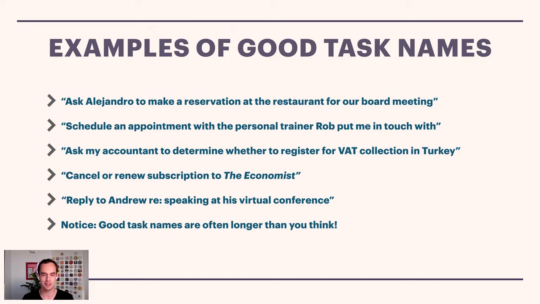So you'll notice that these are actually quite long task names. Maybe good task names are longer than you might think. This is something I often find when I work with people, that they really need a lot more detail in their task names. And this is, like I said, such an important part of task management. Even if you've got your high-level organization sorted, even if you're used to thinking in terms of projects, you've got some nice completable projects listed, it can really still be difficult to actually take action if you don't have your tasks listed out specifically.